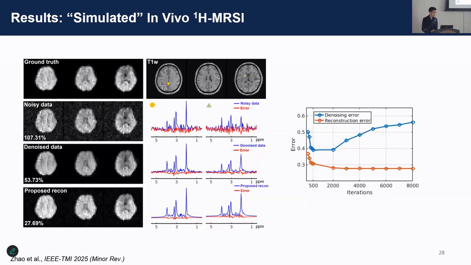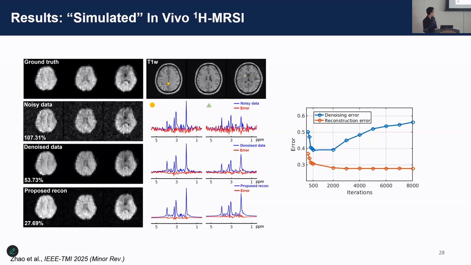And something also very interesting here is that if you just directly apply the denoiser to the data, you can actually improve the SNR to a great extent. But incorporating that in an iterative reconstruction formalism, combining with other constraints, including the subspace model, you can achieve significantly better